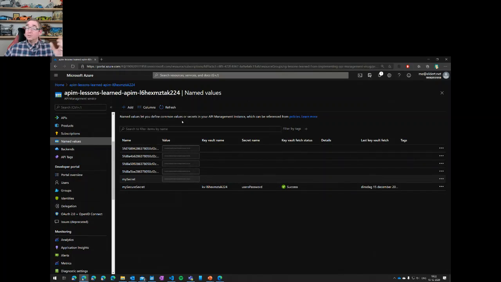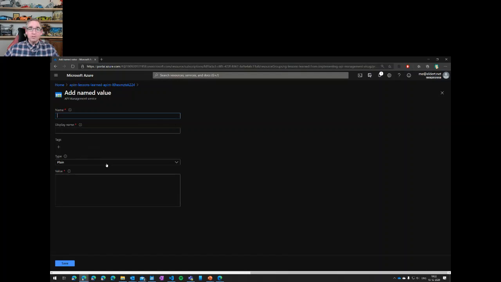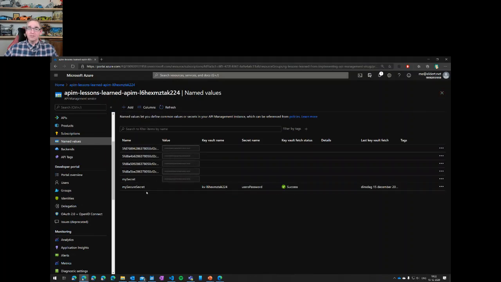Now, what we can do, since yesterday, we actually have this new option over here. So I can now add a new secret, and on my type, I can say this is a key vault secret. If I do plain, it will just be plain text. Secret is the one that you just saw, where it will hide it initially in the portal, but you can still show it. Key vault actually just stores it in key vault and adds a reference.